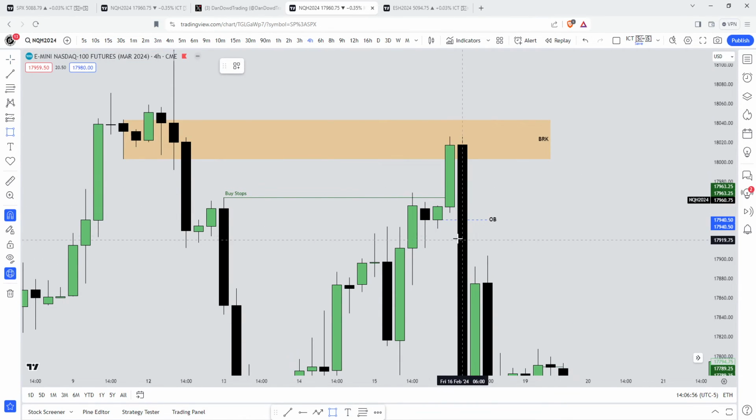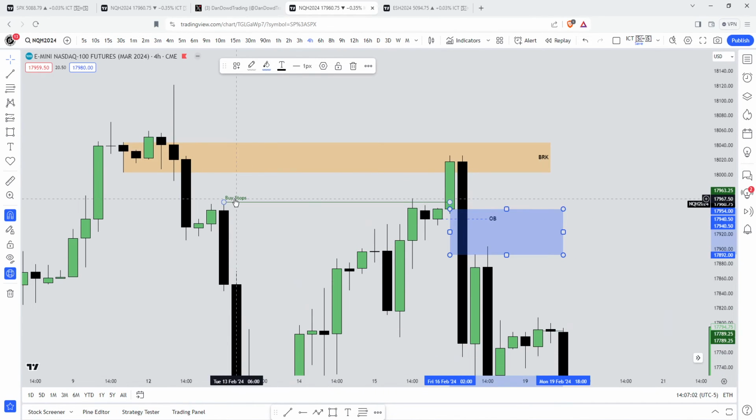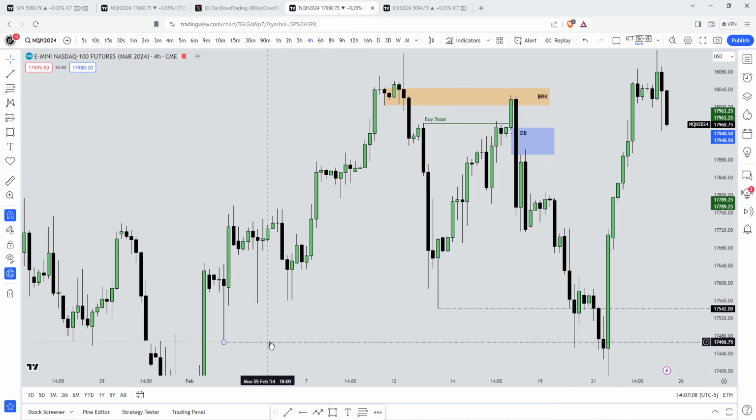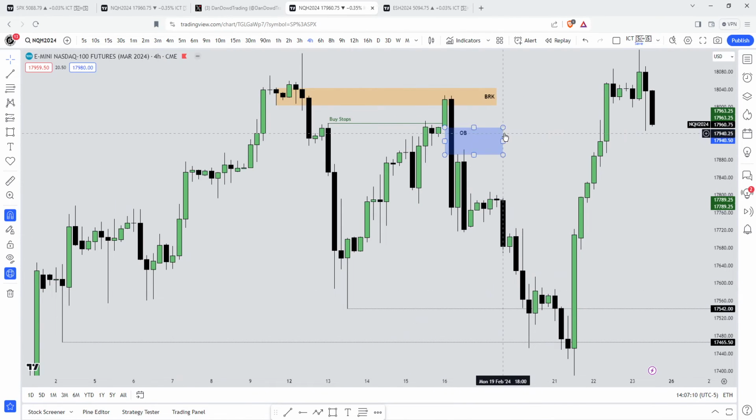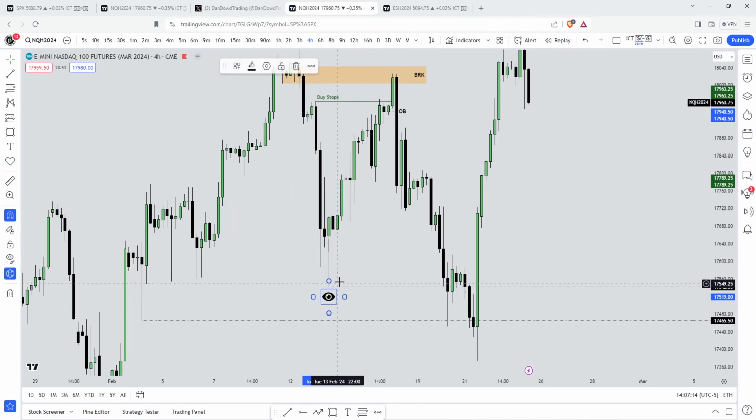When price closes beneath there with a fair value gap between this candle's high and this candle's low, that indicates to me, since it took out this old high and since it retested this breaker here, that price is likely to expand back for these relative equal lows. Since I do have a bias now that price is likely to expand for these lows, then I can go in